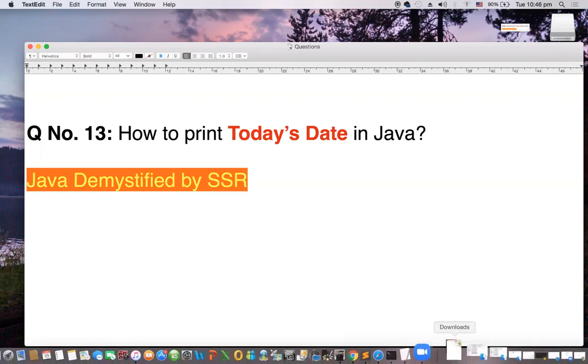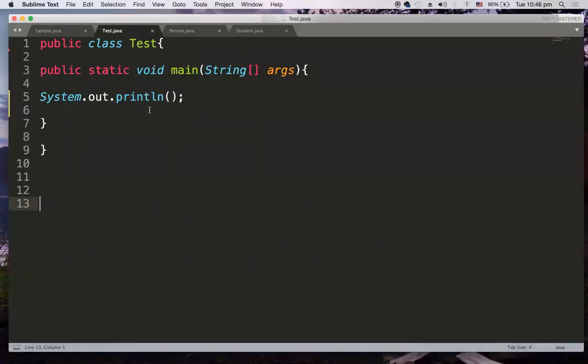So let's go to my Sublime. Here I have the skeleton. I have a public class Test and a main method, and I want to print today's date. How do I do that? It's actually simple if you have a good understanding of the Java API, you can do most things.